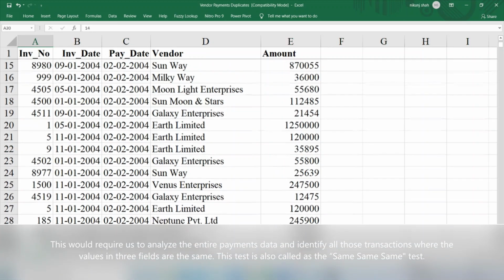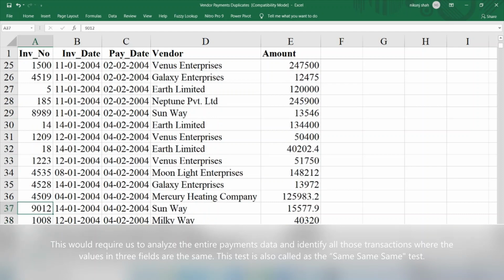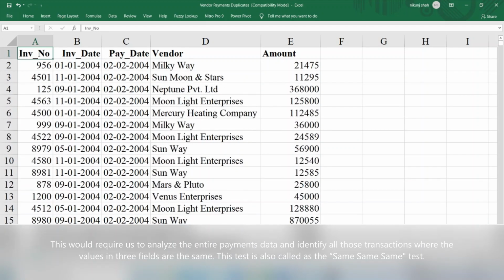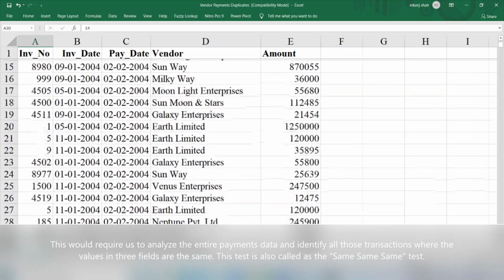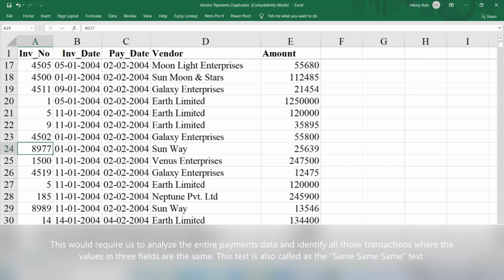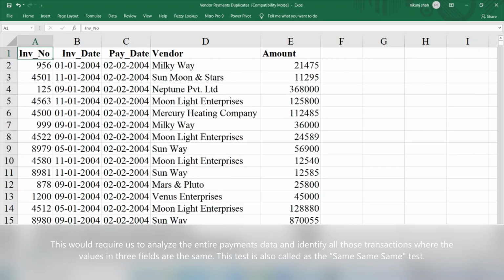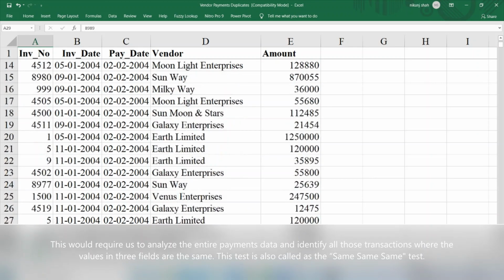This would require us to analyze the entire payments data and identify all those transactions where the value in three fields are the same. This test is also called the same test.